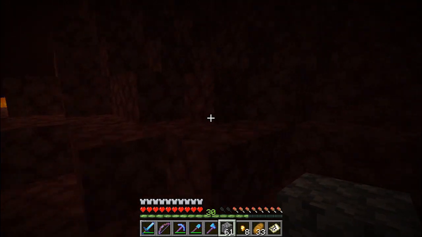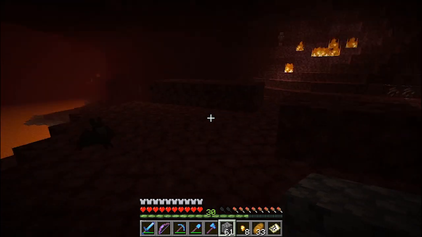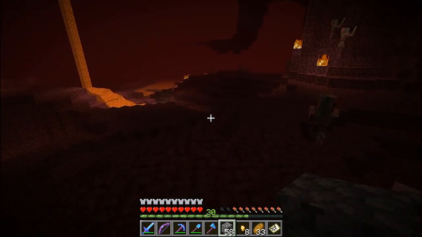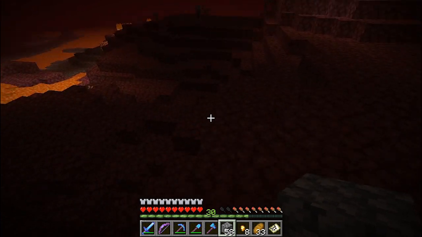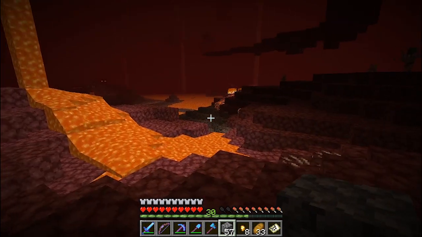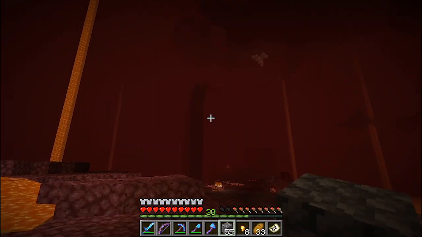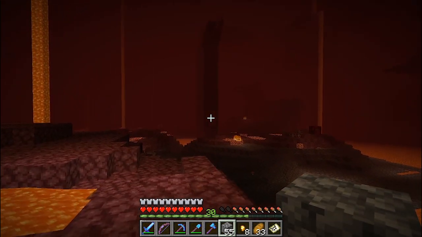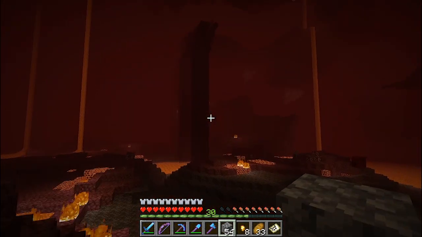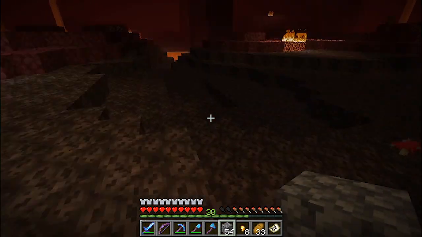So, I'm gonna go back to plopping these down and try to run around and find me another fortress. It's easier to do when you're at the bottom of the world. There is columns for the nether fortresses that go all the way up, exactly like that. Wow, that was convenient. So yeah, this is how you find another fortress. You look for big pillars like this coming out of the ground, and